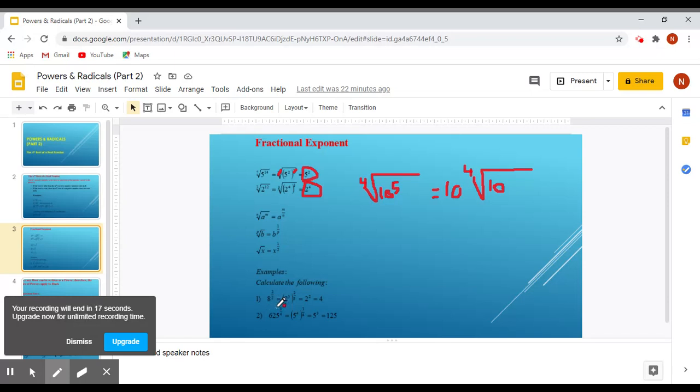Now we have an example, 8 to the 2 over 3. 8, we can rewrite as (2 to the 3) to the power 2 over 3. These 3's cancel out, and we will get 2 to the 2, which is 4. Same thing here, 625 is